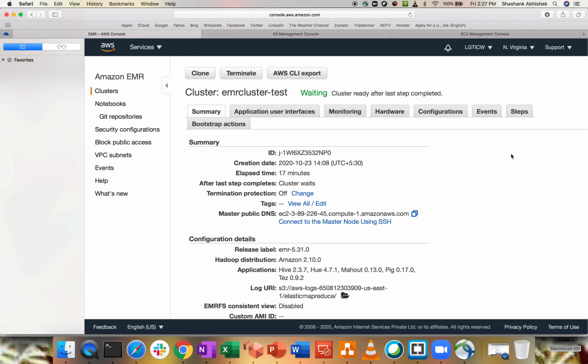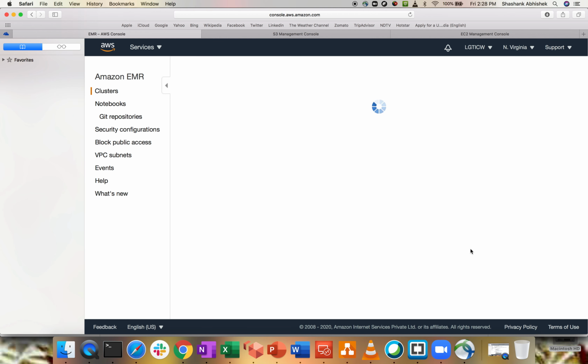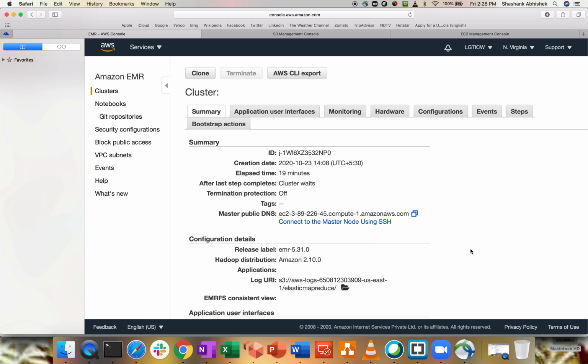Another important part, as I told you in the beginning: once you're done with the demo, once you're satisfied that your management is good with this particular demo, just terminate your cluster. Otherwise, you'll end up paying a very high cost for running an unused cluster. So let me go ahead and terminate this. This was just for demo purposes. I hope this clears up a lot in terms of the configuration, the demo, and how you can configure the rest of the other stuff within the EMR cluster.